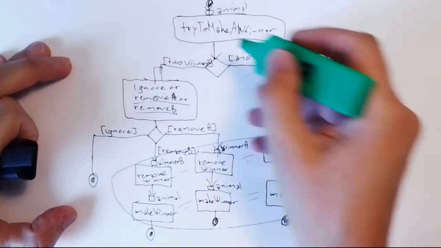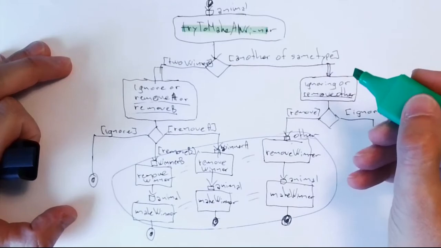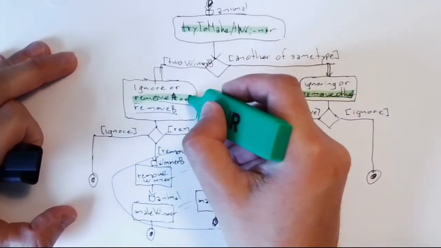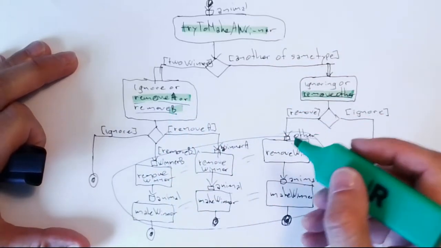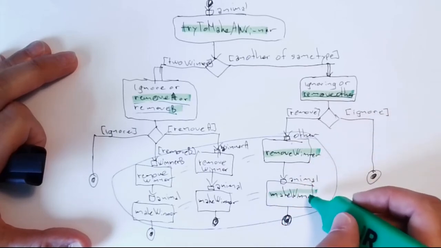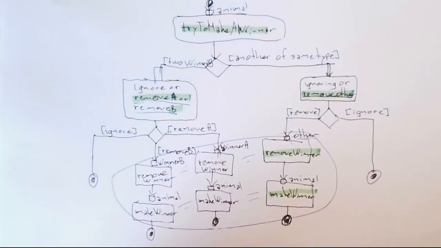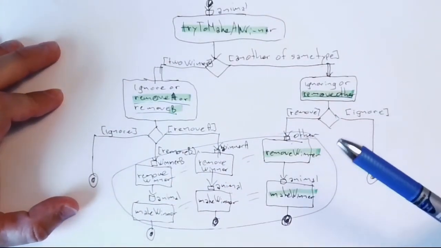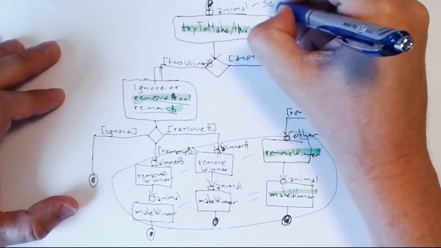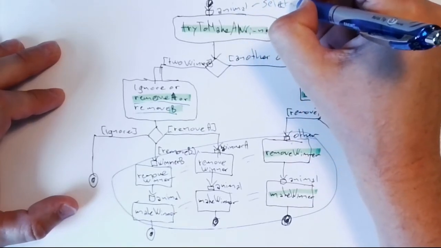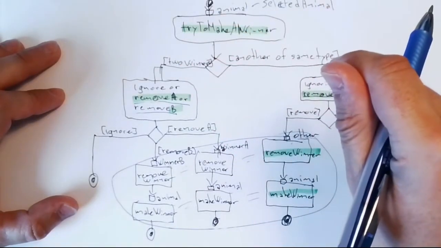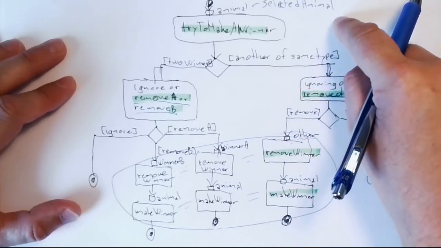So to recap, my try to make a winner function also requires a remove other function and a remove A or B function, as well as a remove winner function and a make winner function. And for these I'm going to require the animal, or maybe I should call this the selected animal, the thing that has been clicked,